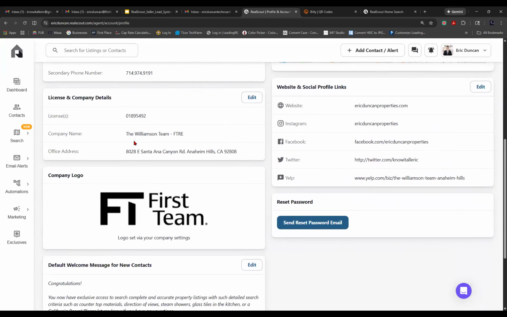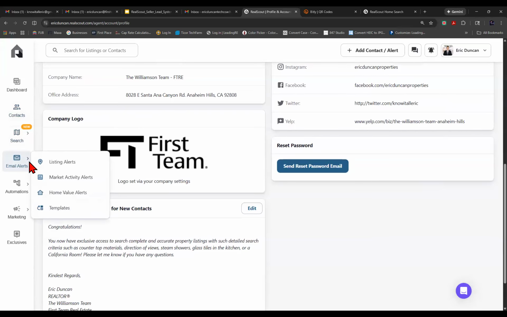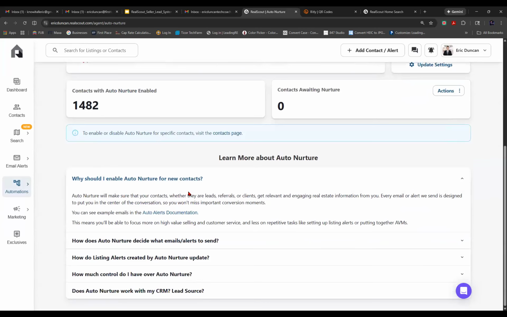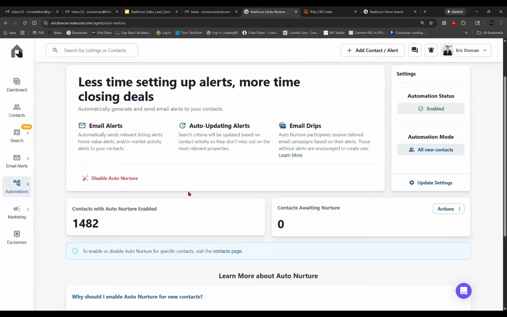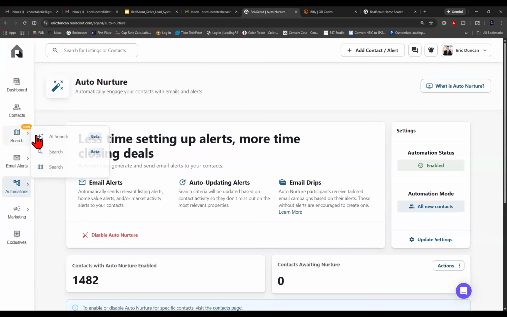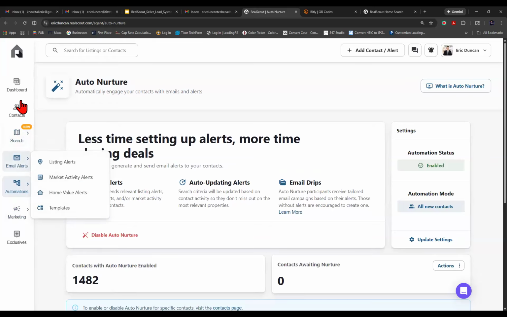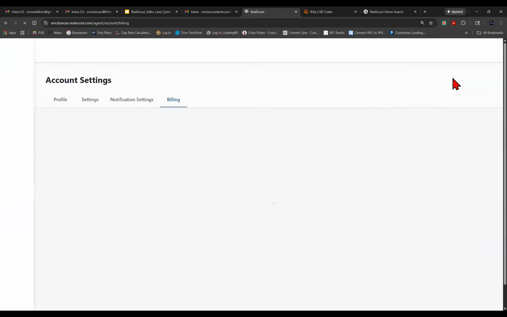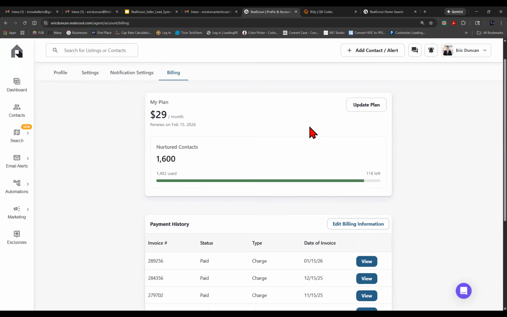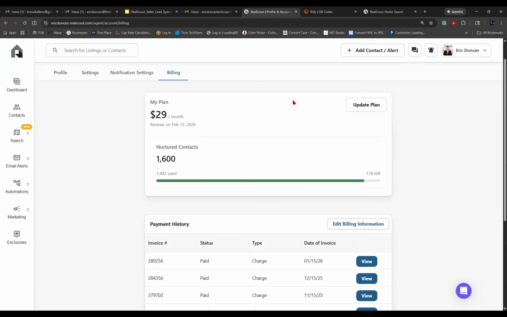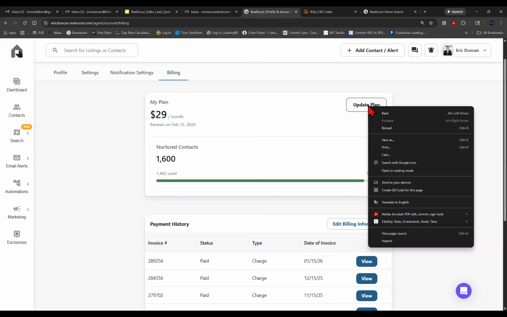They moved it in a different section, so that's why I'm bouncing around. Let me go in here. The automations, auto nurture. I'm actually at 1482. To add more, bear with me here. Just go to billing, right? That's where I went, but I guess I'm not clicking on the right thing, because it should show you a sliding scale. Oh, here we go. Click update plan. So go to billing and then click update plan, and it'll show you